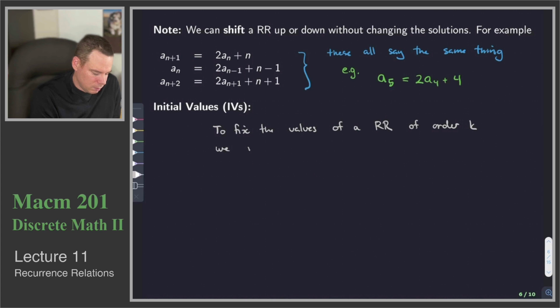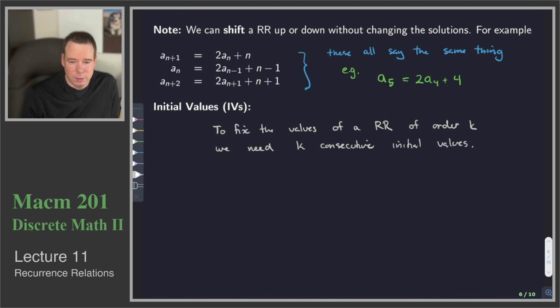we need k consecutive initial values. So we need k values in order, and then we can start producing the rest of the terms of the sequence. So for example,